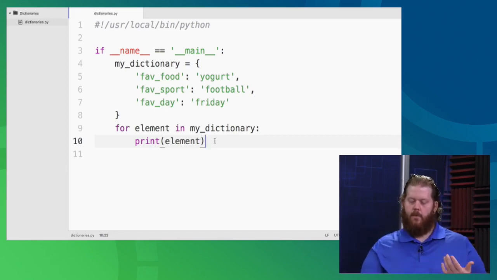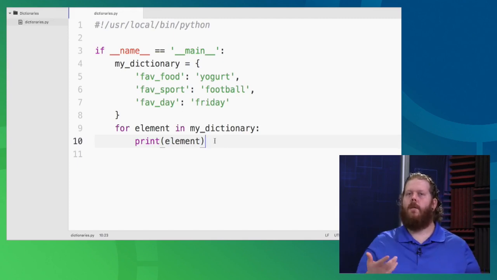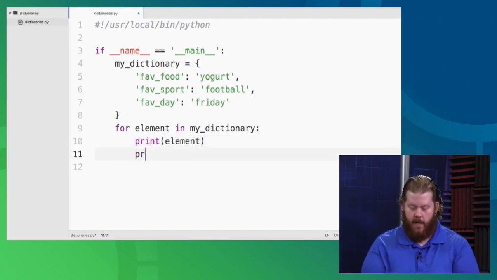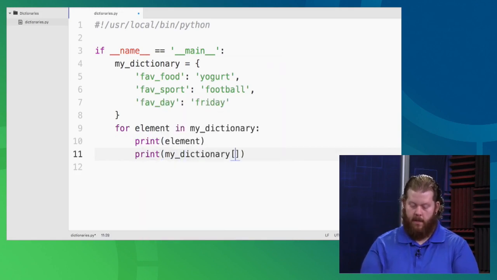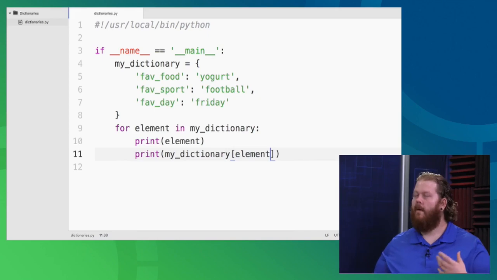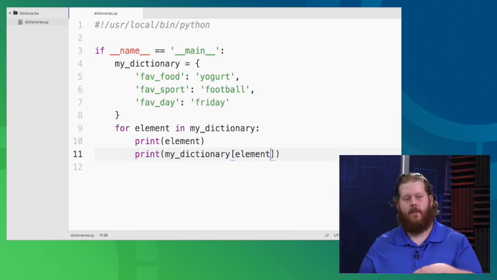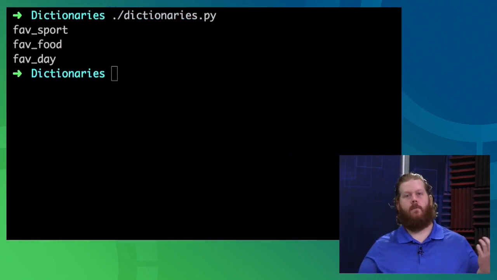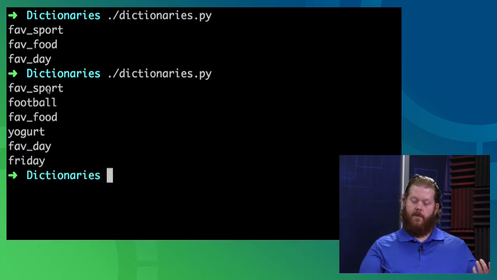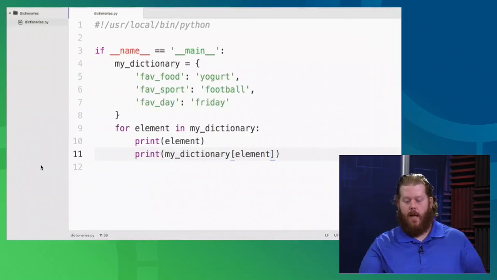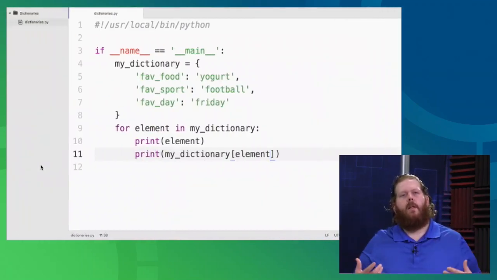But that's okay, because if I can grab all of those and iterate through those, then I can in fact iterate through the values also, because now I have a variable that allows me to access the corresponding values. And just to show you that I'm not being crazy, you can see it prints the element, then the associated value, the element, the associated value, the element, the associated value. So I can create these structures that create incredibly powerful relationships.